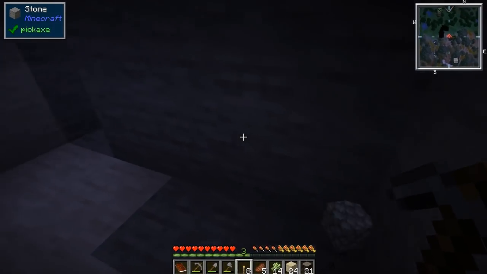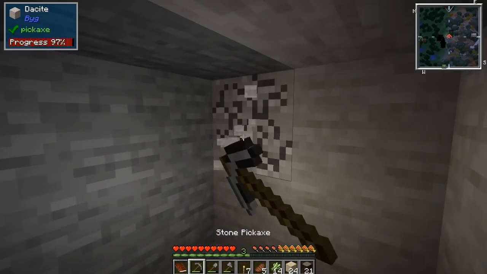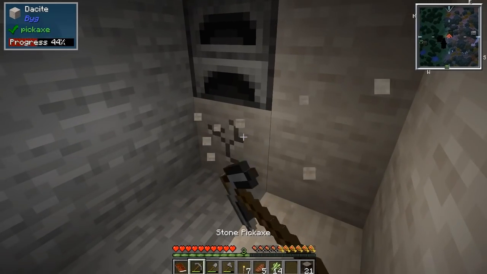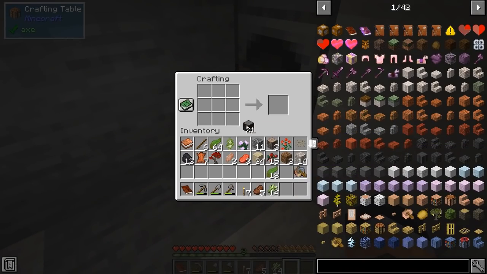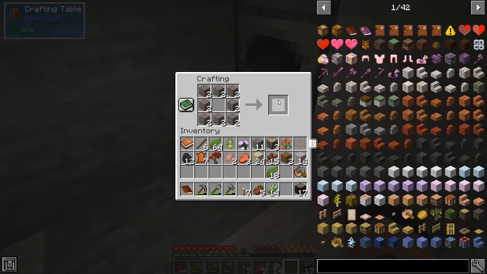Just kind of clear out a nice little space. Pop us a nice, beautiful little torch, and maybe put us a furnace in the wall for warmth. Maybe a crafting table underneath for, well, crafting. And we'll make up a few chests. Now, a lot of people...